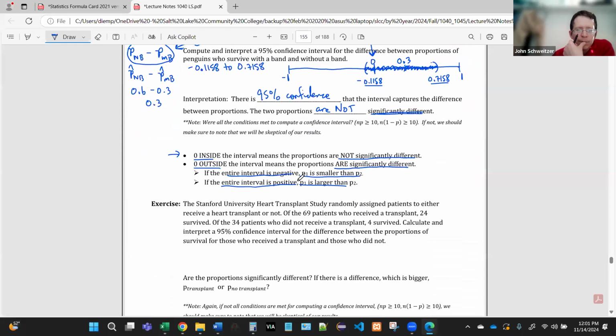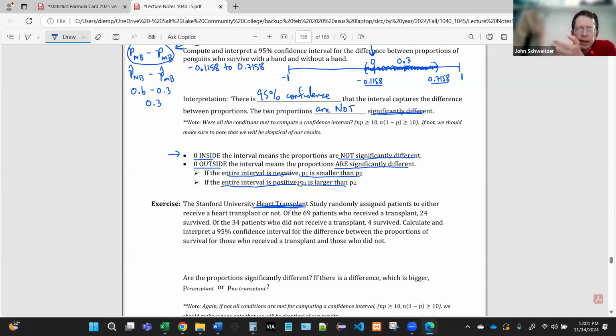So you guys try one. Okay. So heart transplants, really wonderful technology and medical procedure that we have. So if you have heart failure, then if there's a donor available, donor heart, right, you might be able to get a heart transplant and then live longer, right? But at some point, they didn't have these, right? If you go back far enough in time, maybe in about the middle of the 20th century when they started doing these more. So if you go back like 100 years ago, they didn't really do this very much or at all.